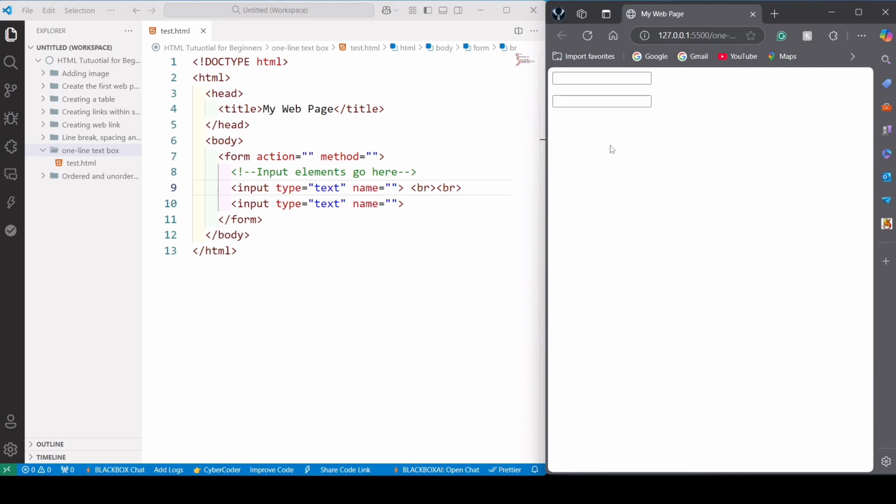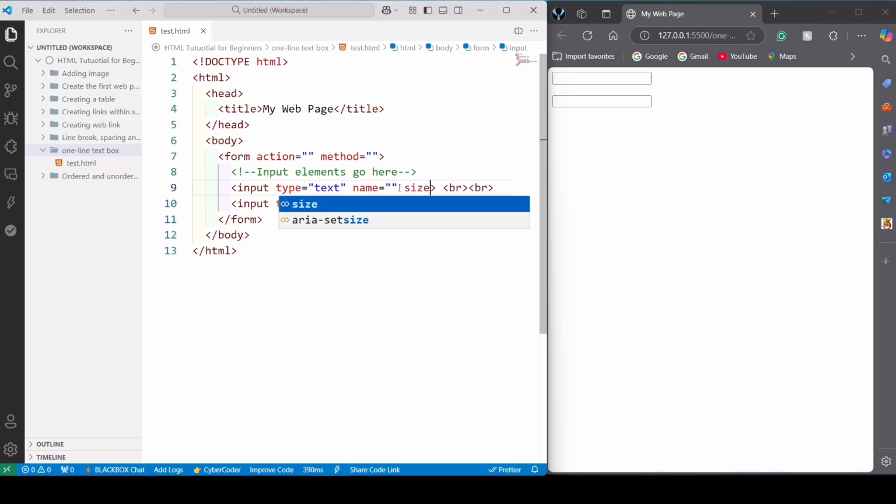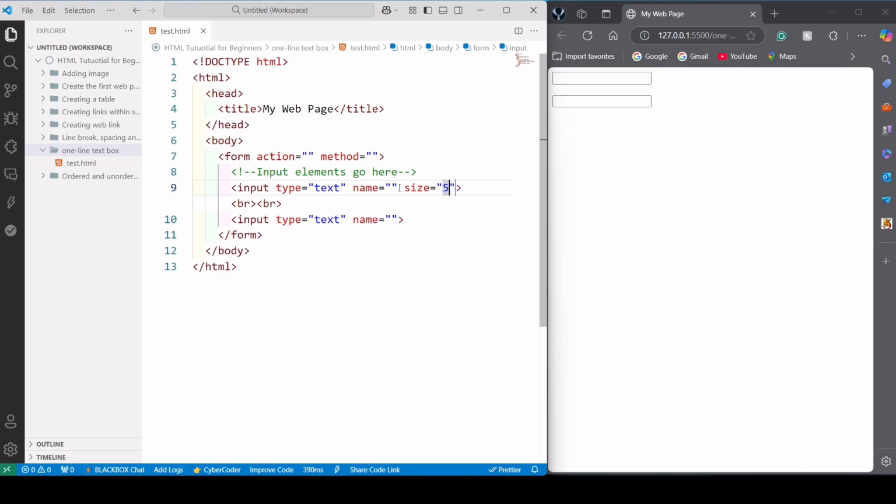Let's say you want to change the length of this box on your page. Let's say it's not wide enough to contain all the information you want the user to enter. Well, it will automatically scroll to allow more letters. But what if you want this to be wider so people don't have to use a scroll bar? We can accomplish that by using the size attribute. Let's go ahead and put that in right here. We'll say size equals 50 characters and leave this bottom text box alone. There you can see it's now wider if you need to gather a lot more information. We'll go ahead and just get rid of this. We'll keep the default. I just wanted you to be aware of this